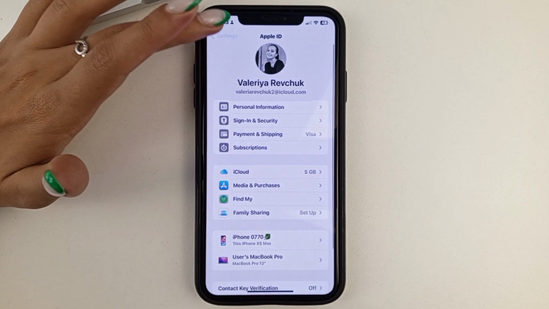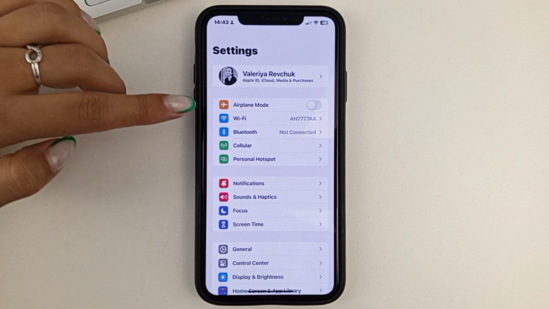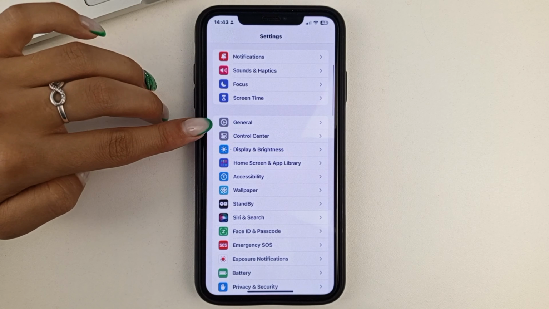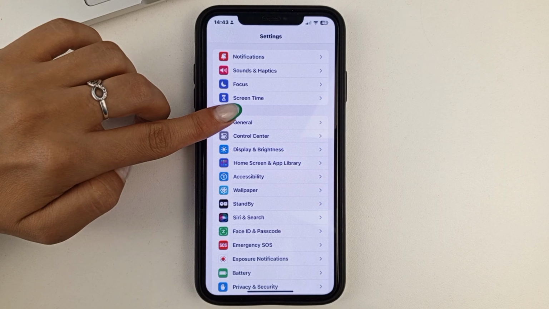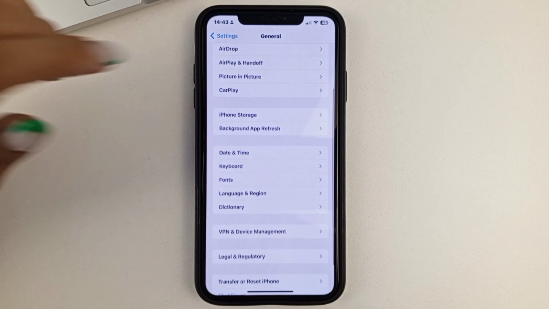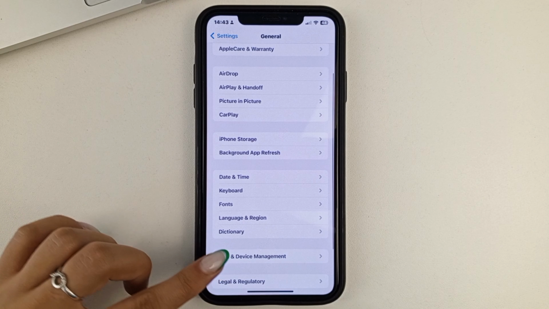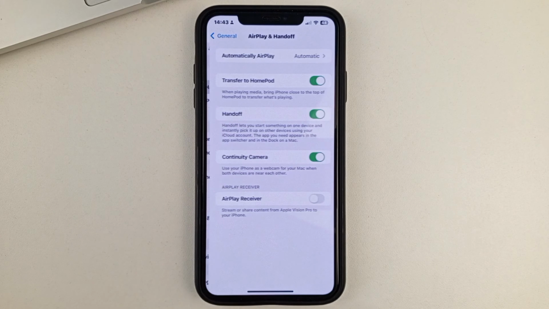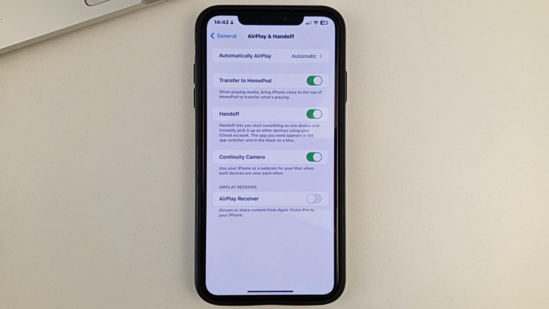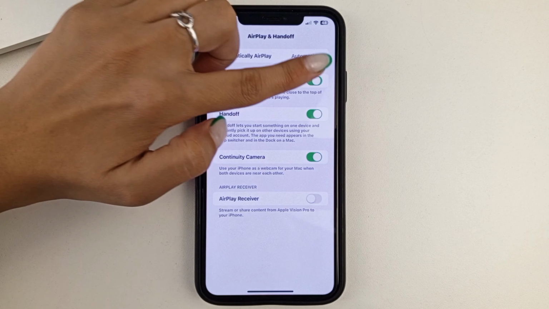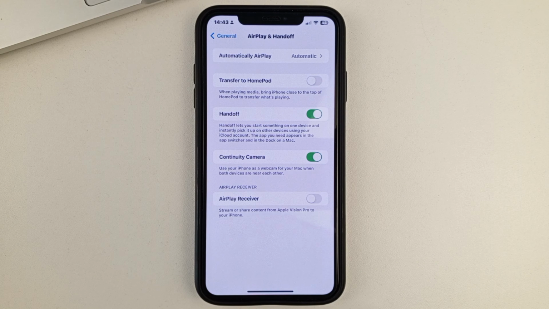Next, friends, I recommend that you go back to Settings. Scroll through here a little bit and go to Basic. Next, select AirPlay here. And then find the option to send to Home module. And turn that off as well. This way you will completely stop the sharing and call history between iPhones.